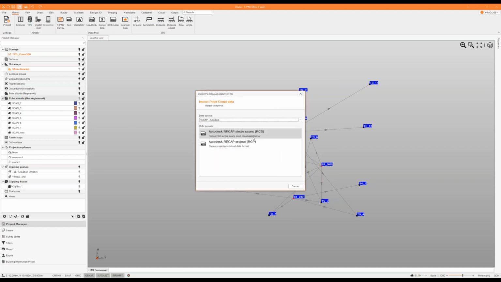Then another possibility is the full integration with the Autodesk ReCap software. We can import the single scan, so the RCS format, or the RCP from the project, and I can also show you that we have the same possibility in the export functionality. Another possibility is to import the raw scanning data from Faro, so the FLS format, or import the point clouds as an ASCII file, so XYZ with intensity and RGB, but also intensity and RGB data formats,